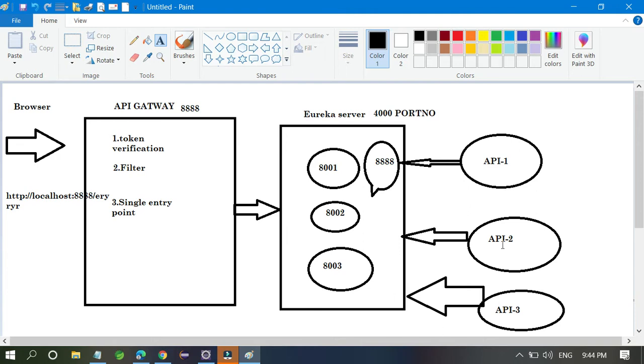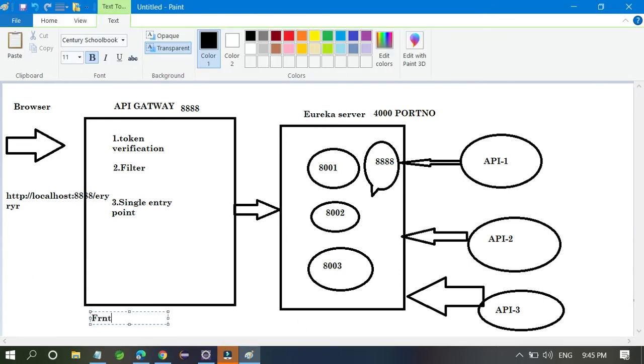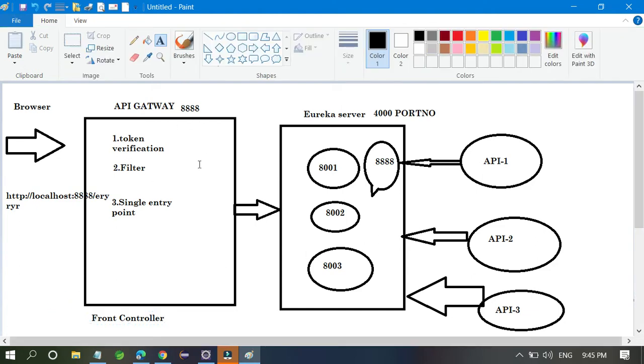For example, in my project I have 20 plus APIs, all connected with one Eureka server, and the API gateway is also connected with the Eureka server. The API gateway is the front controller. It takes your token verification, handles your filter, handles your single entry point, so many things it will do. So the API gateway is one of the core concepts in your project.